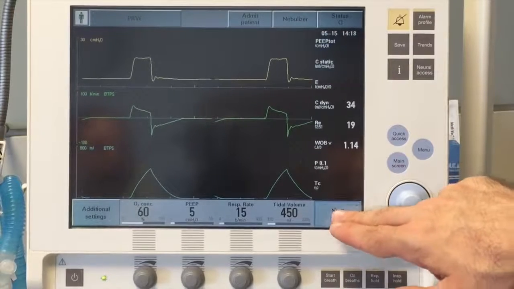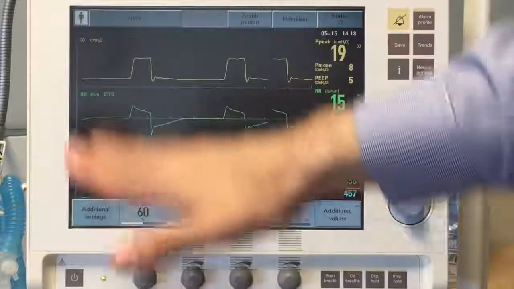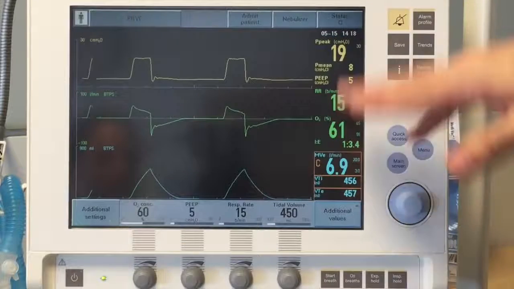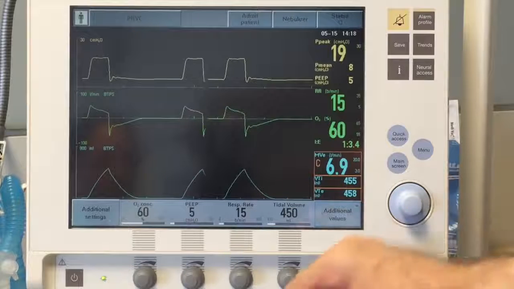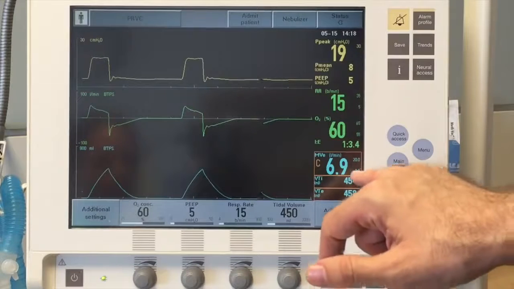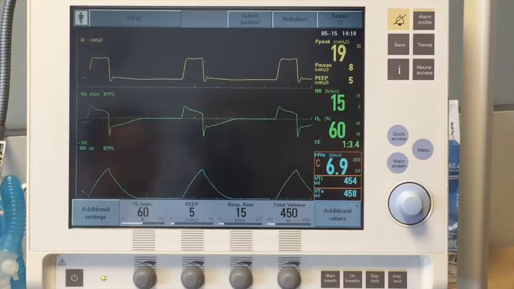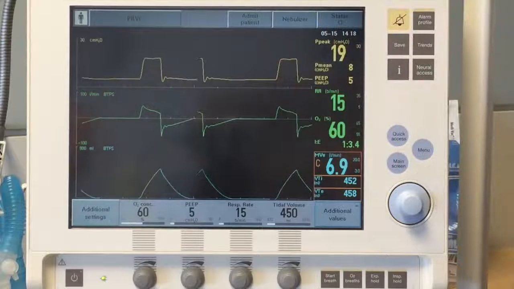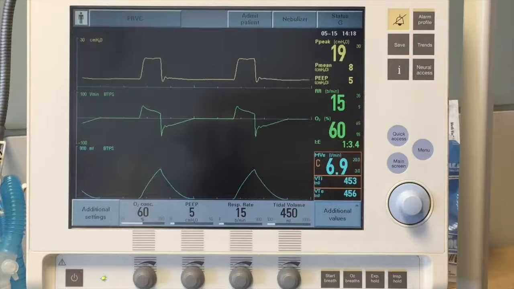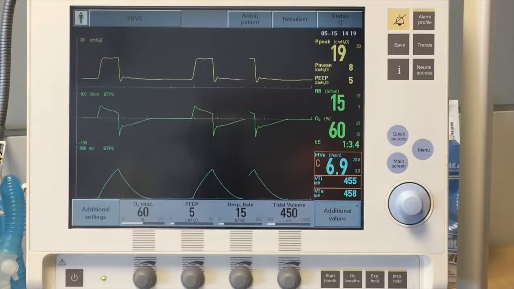If you press this button here, this is the standard mode that you'll see on this particular ventilator, and this is telling you what the patient is actually getting. So for example, you can see that the tidal volumes going in are 454 mLs, and the tidal volumes coming back are 458 mLs. These numbers should be very close to each other, and if they're not, something needs to be looked into. Either the patient has a problem with their endotracheal tube balloon, or the patient has some sort of bronchopleural fistula where air is leaving the patient, not coming back through the lumen of the